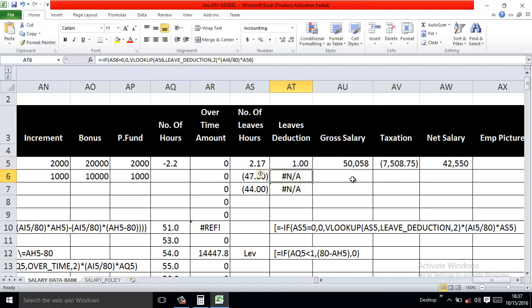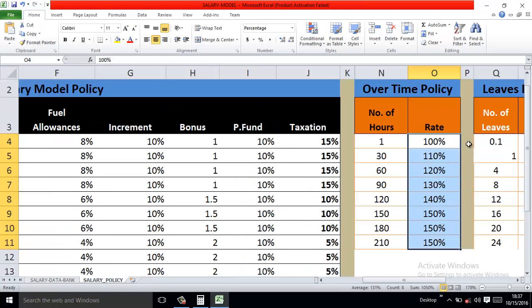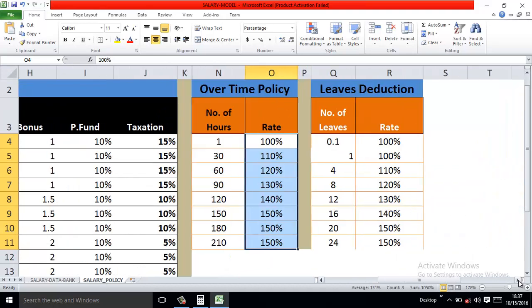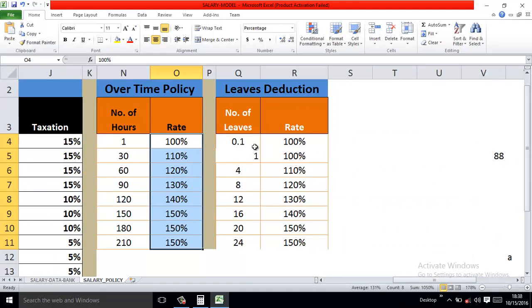For example, you can see over here the leave deduction rate is given in this case as 0.1 to 100 is 100%, while 1 again is 100%, and so on. Okay,